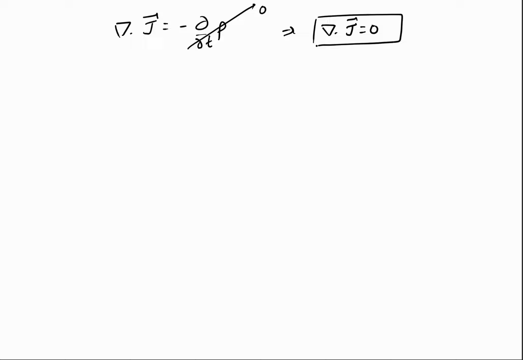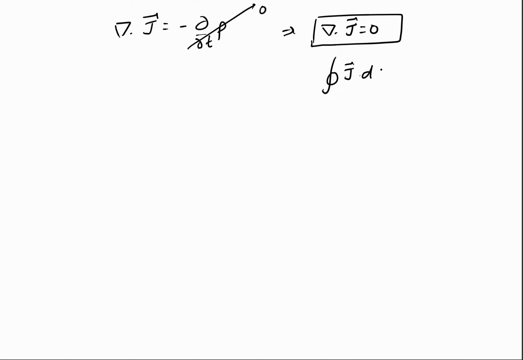In this lecture, we will derive boundary conditions for steady current densities. So we have seen in one of our previous lectures when we derived the equation of continuity from the principle of conservation of charge that del dot J is equal to minus ∂/∂t of the charge density. Now, I've already told that for steady current densities, this term is equal to 0. So it implies del dot J is equal to 0 for steady current densities, or its integral form is